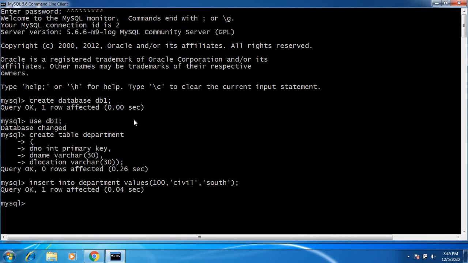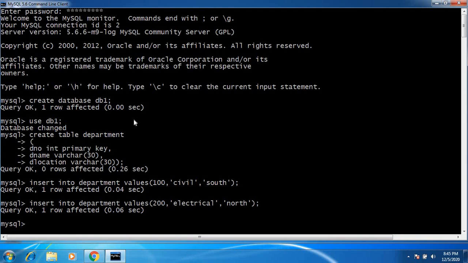The first record is inserted. Now I want to insert one more department. This one says electrical. So one more record is inserted.